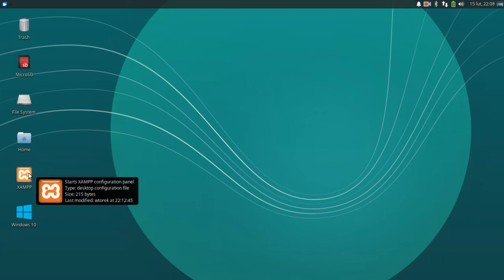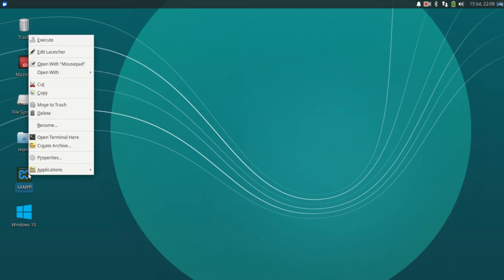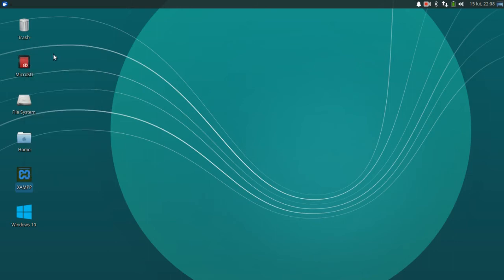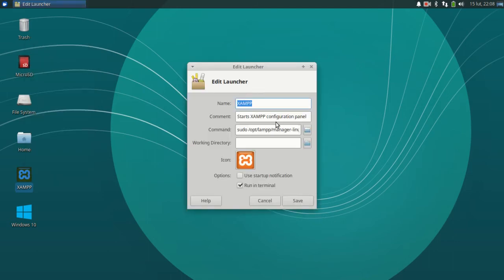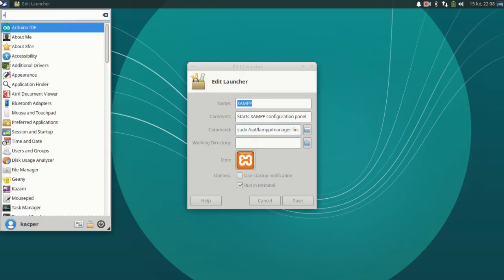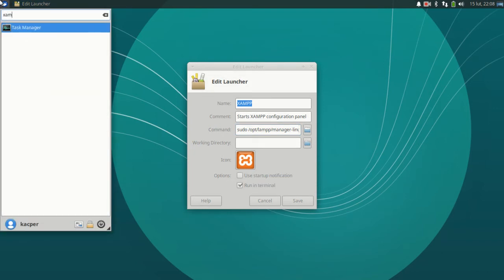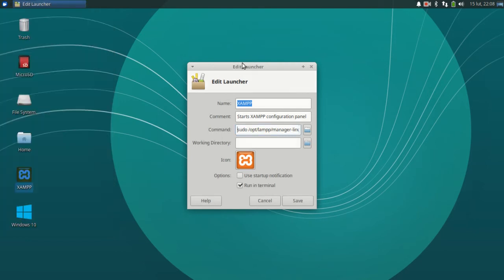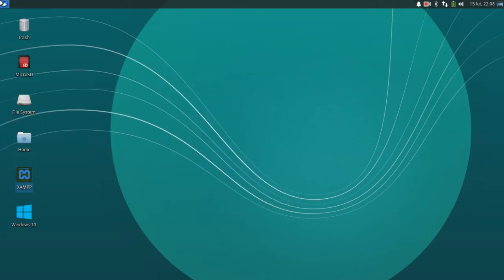Here I have XAMPP, or however you want to pronounce it. I needed to make this activator launcher by myself because, I don't know why, it has a fully fledged installer and looks nearly the same as on Windows, but it doesn't make a normal application in your menu. So you need to go manually and go to